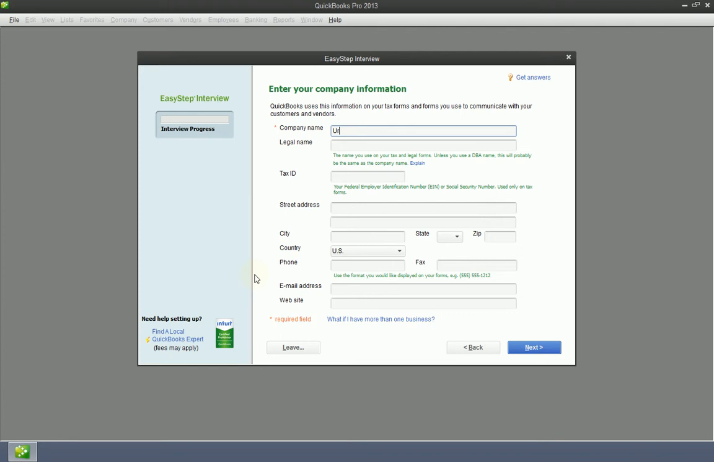And my company name is Urban Rentals LLC. That's also my legal name. You could put a DBA here, say I had Urban Rents, and that was my doing business as name, but I like Urban Rentals LLC. I don't have a DBA. This tax ID is something that you will have, and I suggest putting as much information in here as possible so that you have a central repository where you can find your information. Okay, so 65 West